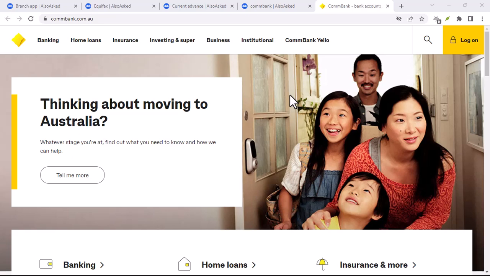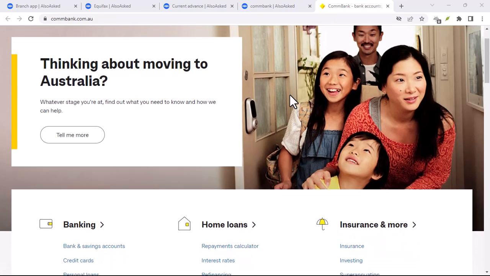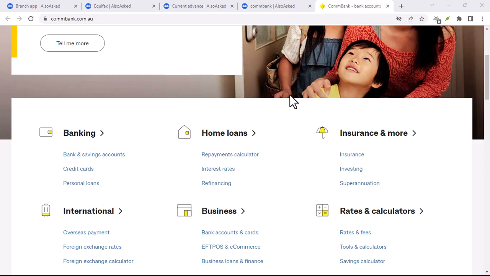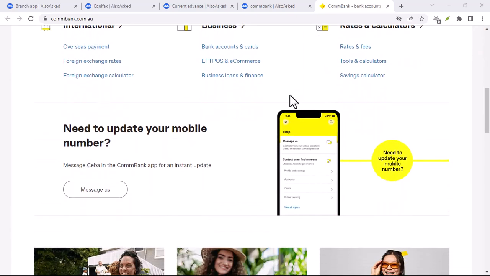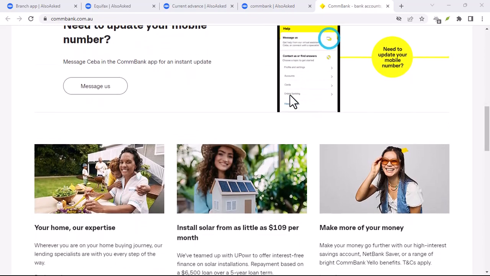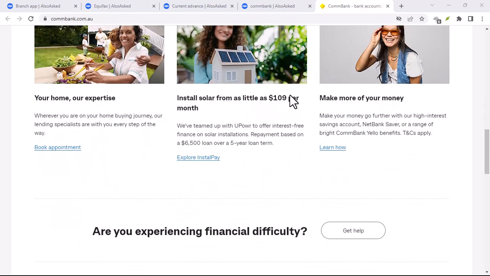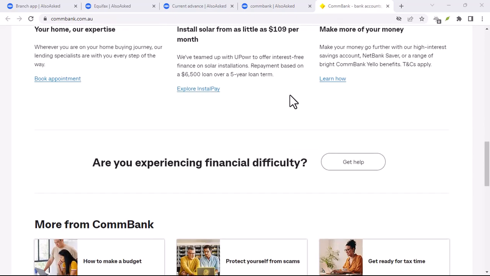Have you ever found yourself in a situation where you needed a Commbank bank statement urgently, but couldn't figure out how to get it? It's a common dilemma, and it can be frustrating. In today's video, I'm going to show you exactly how to get your Commbank bank statement, no matter what method